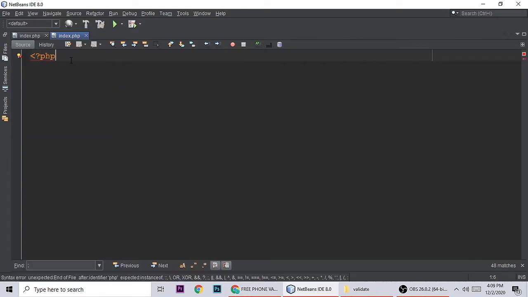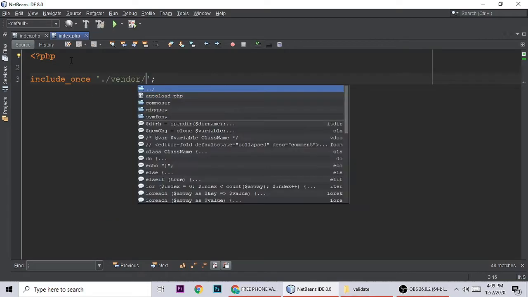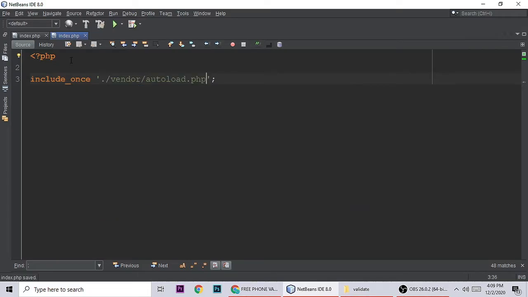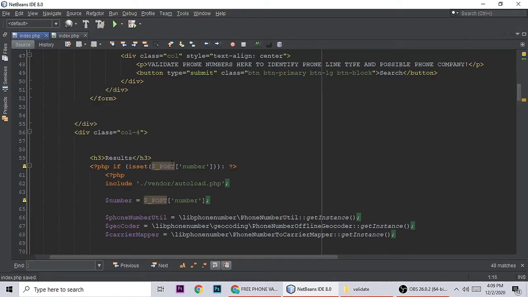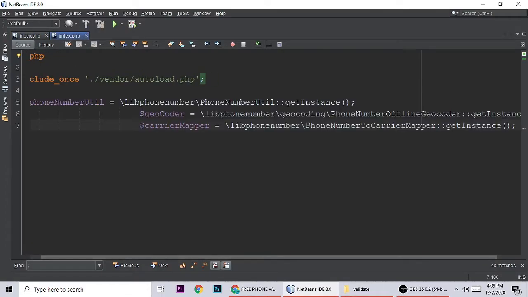First we have to type the PHP tag here, and then include our autoload.php file from vendor. Then we need to copy and paste something from my old project.